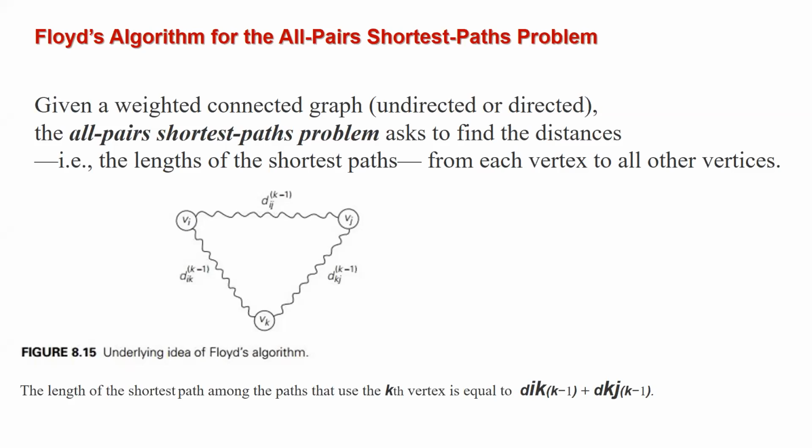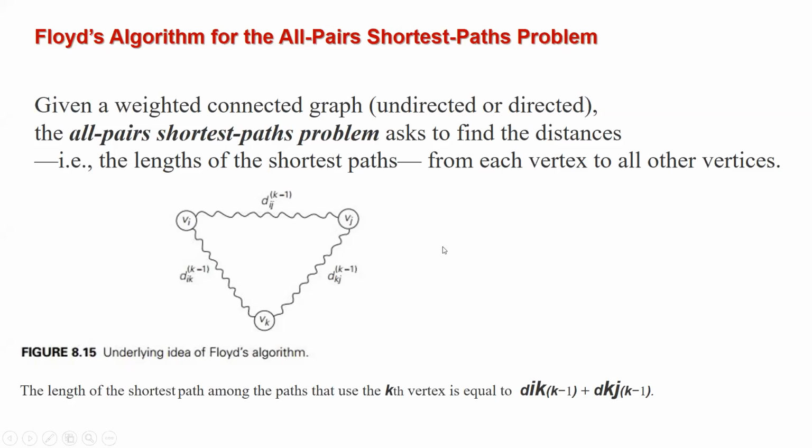Okay, so there is a path from V to J. But Floyd's algorithm checks for the shortest path. If V to J is already shortest, it is fine. But if there is one more path that is better than the direct path, that is from V to K and K to J, then it will find such alternative and best options, which will give us the minimum path from each vertex to each vertex.